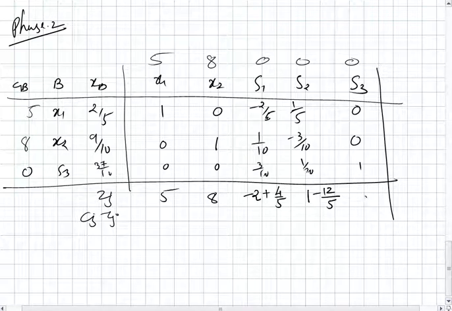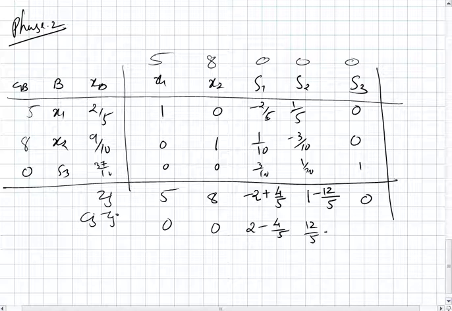Here it is 0. Okay. So now Cj minus Zj is 5 minus 5 is 0, 8 minus 8 is 0. 0 minus this, so it is 2 minus 4 by 5, and here it is 12 by 5 minus 1, and here it is 0. So this is 10 minus 4, that is 8 by 5, and this is 5, so 7 by 5. Okay, so